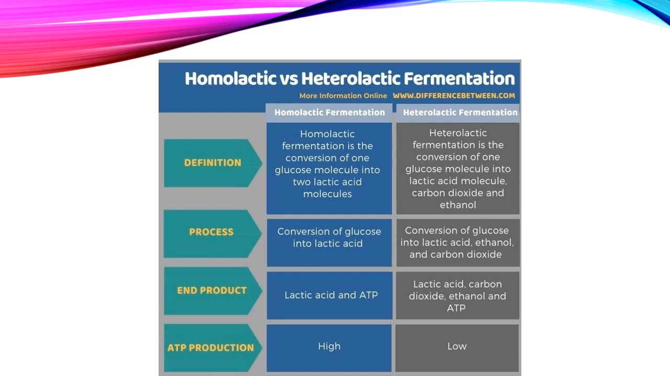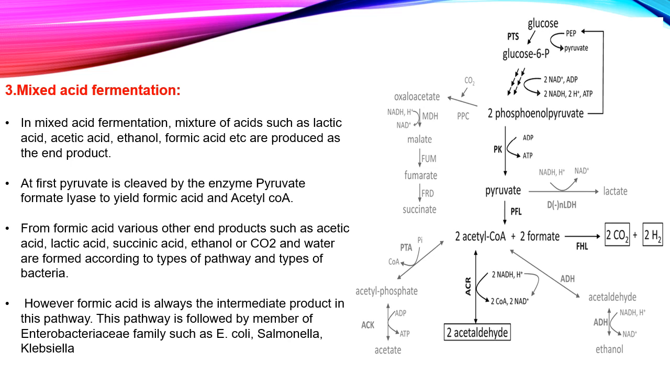I hope now you are clear with these two types of lactic acid fermentation. Okay. Now let's go to another point. So students, now we are discussing the last type of fermentation, that is mixed acid fermentation. In mixed acid fermentation, a mixture of various acids such as lactic acid, acetic acid, ethanol, formic acid, etc. are formed. At first, the pyruvate, which is generated because of glycolysis, is cleaved into acetyl-CoA and